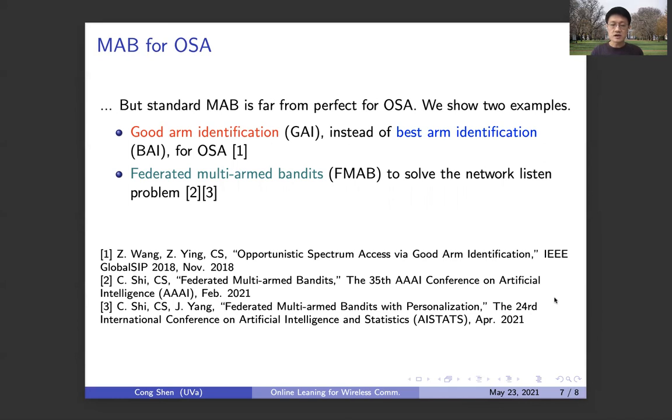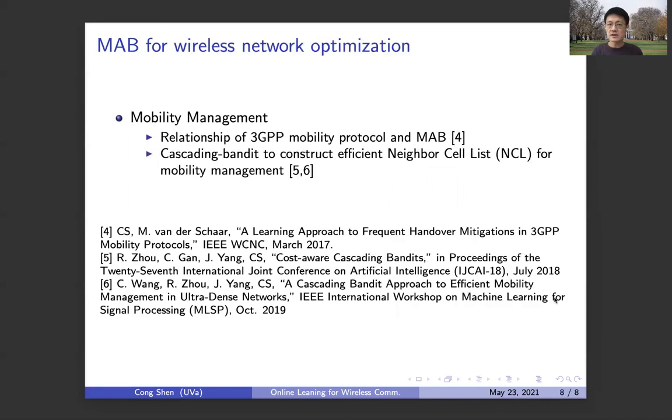Okay, so this is the first part of the application. The second part of the application will be on mobility management. Again, we will be discussing two specific results. One is that surprisingly, there is a relationship between the 3GPP mobility protocol, which obviously was developed without any input